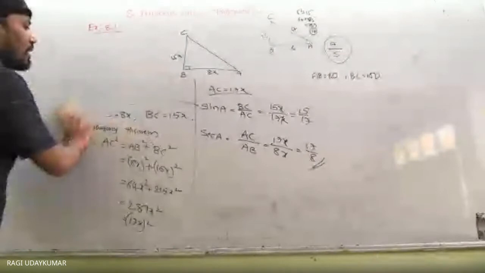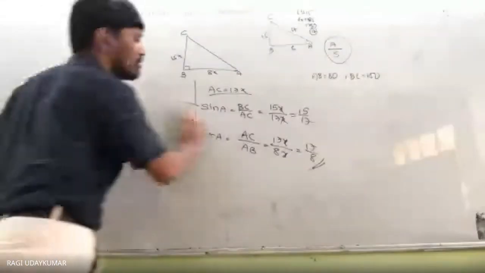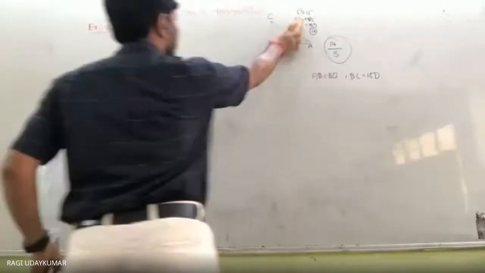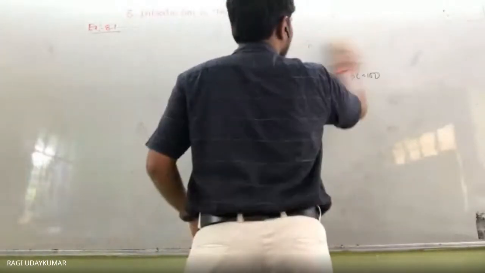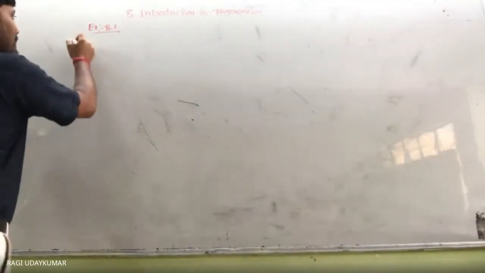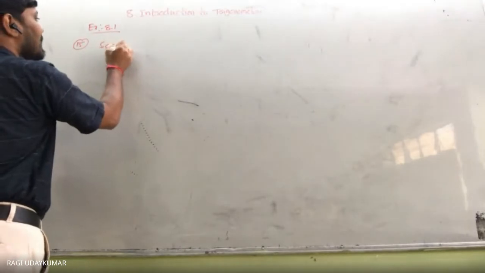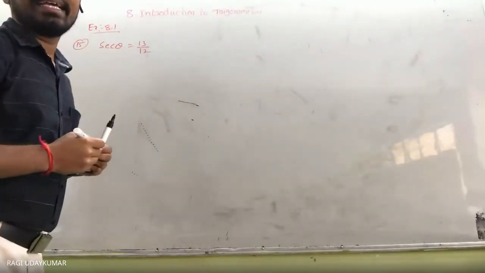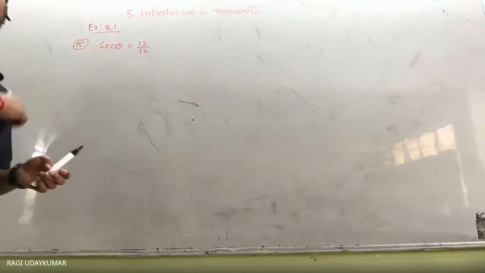Next, fifth question is in the same way. You can do it here, but I'm going to explain to you also. Don't worry. All the trigonometric ratios are there. This fifth question, suppose if it is given to you just like an objective question, how to solve, I will explain a little bit faster, not like step by step. So in the fifth question, what is given here? Secant theta is equal to 13 by 12. Calculate the other trigonometric ratios.